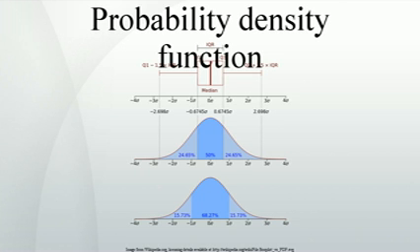Further details. Unlike a probability, a probability density function can take on values greater than 1. For example, the uniform distribution on the interval [0, 1/2] has probability density f(x) equals 2 for 0 ≤ x ≤ 1/2 and f(x) equals 0 elsewhere. The standard normal distribution has probability density.